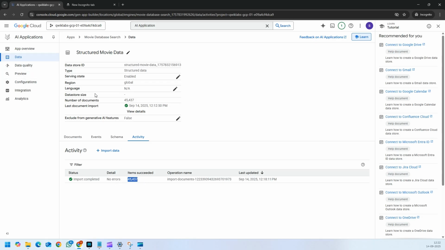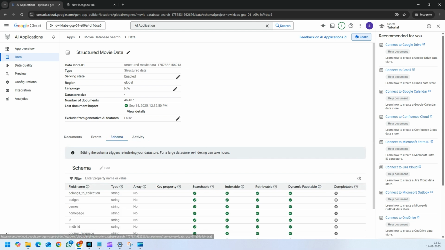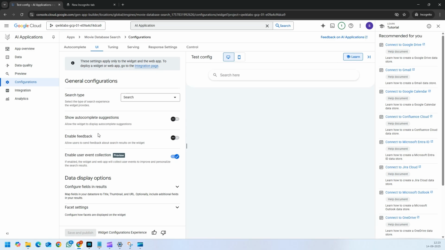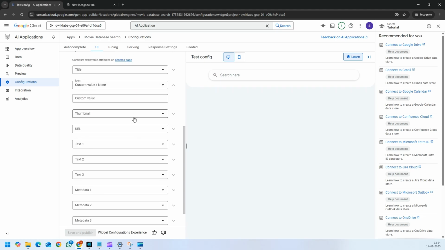And let's see the schema. What schema columns are available there? Budget, genre. So there are different names about these movies here. Fine. So in this configuration, how do we need the result? Configure fields in result. Okay, so we need to give here